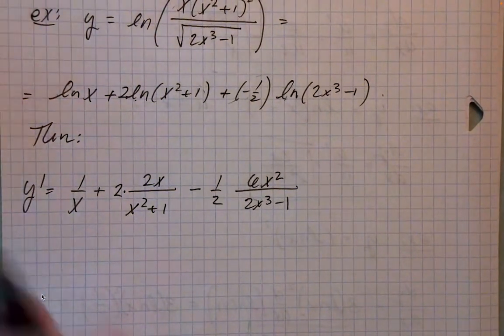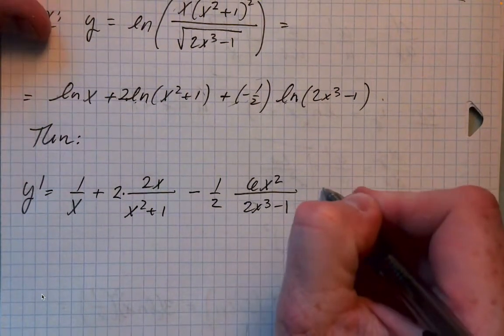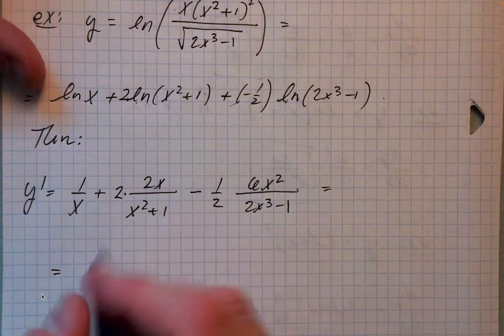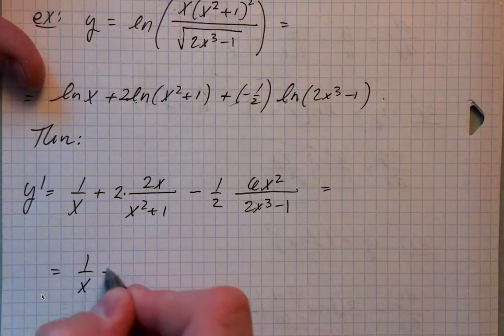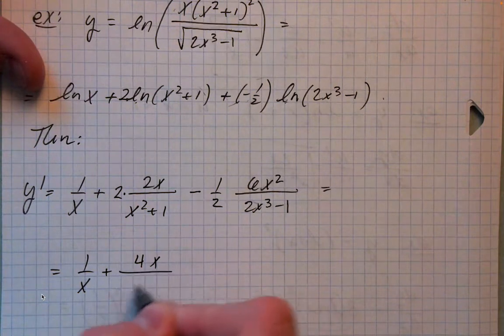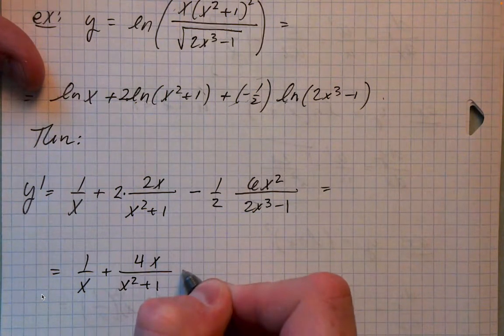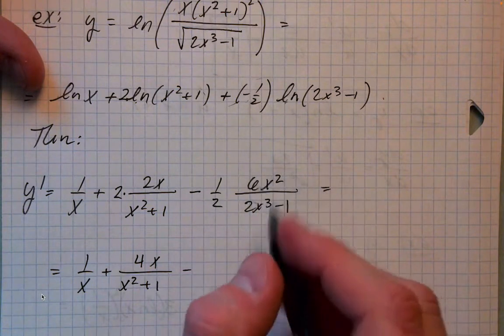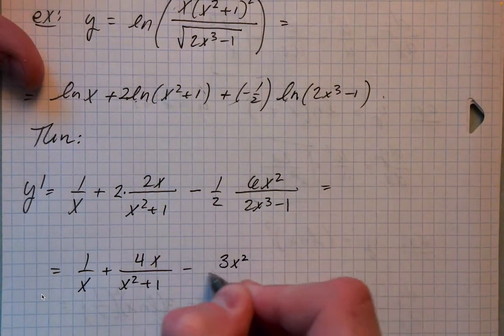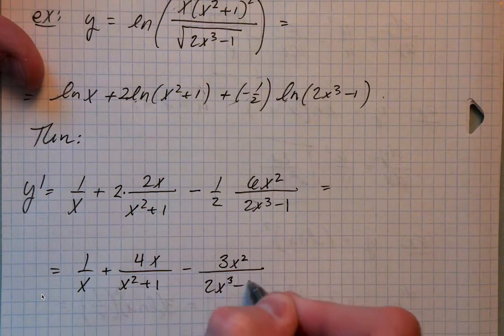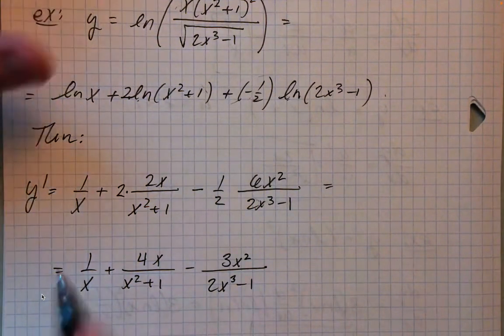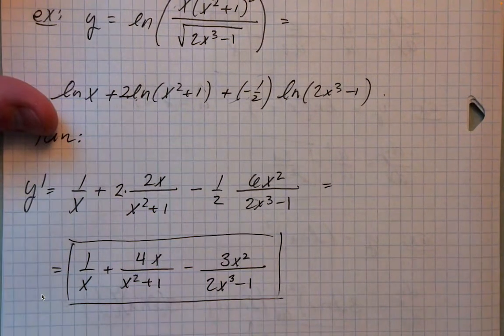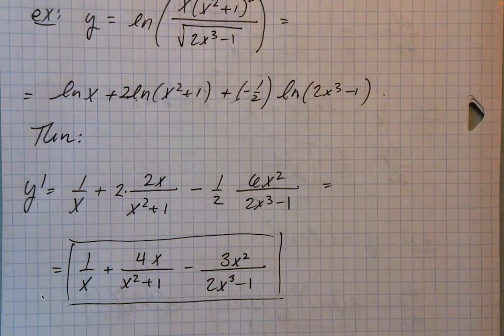All right, so then that's all of the derivatives. Of course, you can clean this up a lot. And maybe we'll say 1 over x plus 4x over x squared plus 1 minus, and so the 2 and the 6 will cancel. So maybe we'll put a 3x squared up there and 2x cubed minus 1 at the bottom. That works. And so this might be a good spot to leave it in. All right, so very good. So that's a lot of natural log